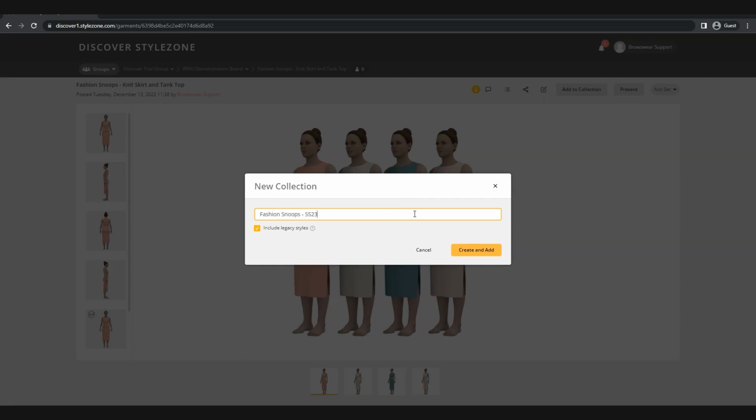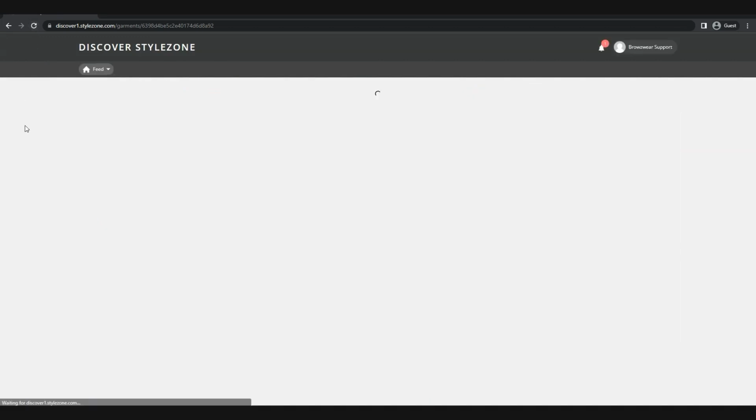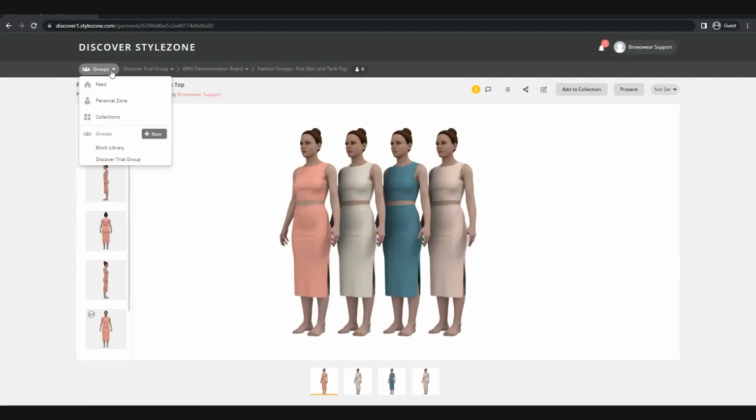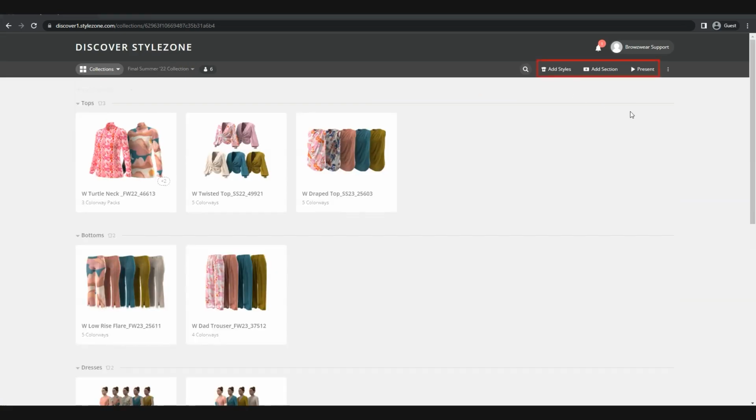After selecting Create and Add, refreshing the site will add collections as an available tab in your page's dropdown. In the top right of the Collections workspace, there are several available options: Add Styles, Add a Section, or Present the Collection. If we click the ellipses icon, we can also begin a new collection, rename or clone existing collections, or remove